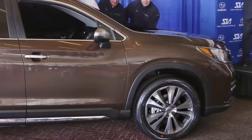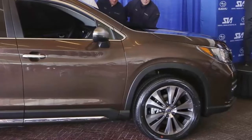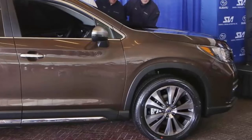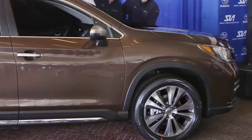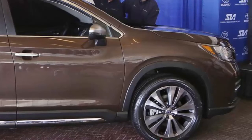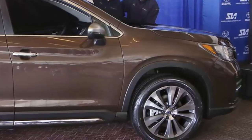Production of the Ascent at SIA will officially begin in May of 2018, and the vehicle will be available to buy in mid-2018. According to Consumer Reports, a new Ascent will cost between $30,000 and $45,000. For 30 years, Subaru has spurred economic growth, and I'm confident they will witness continued success as we work